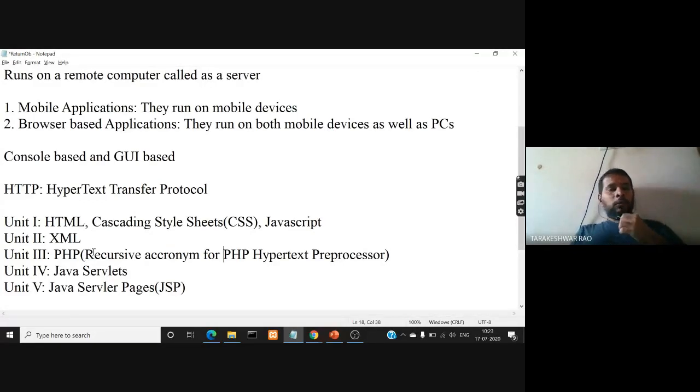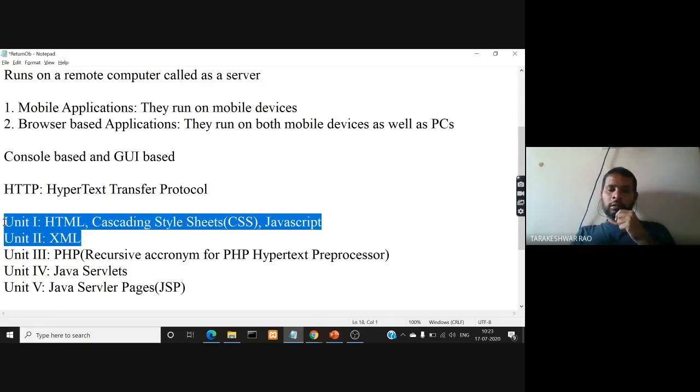Right. So now that you know what are the technologies you're going to learn in various units, let me tell you what are the softwares that you need to install on your computer for learning all these technologies. For HTML and XML part, that is all the topics that you have in the first two units, they do not require any software to install. Just you need to have a browser installed on your computer.